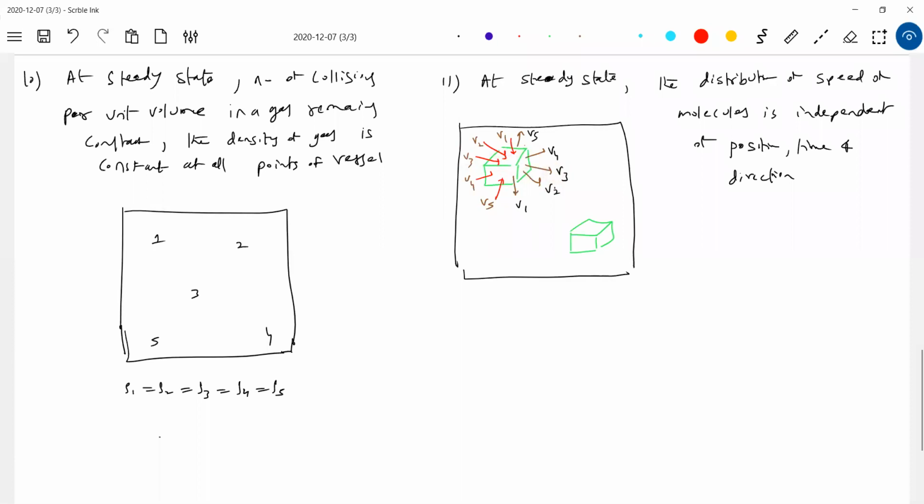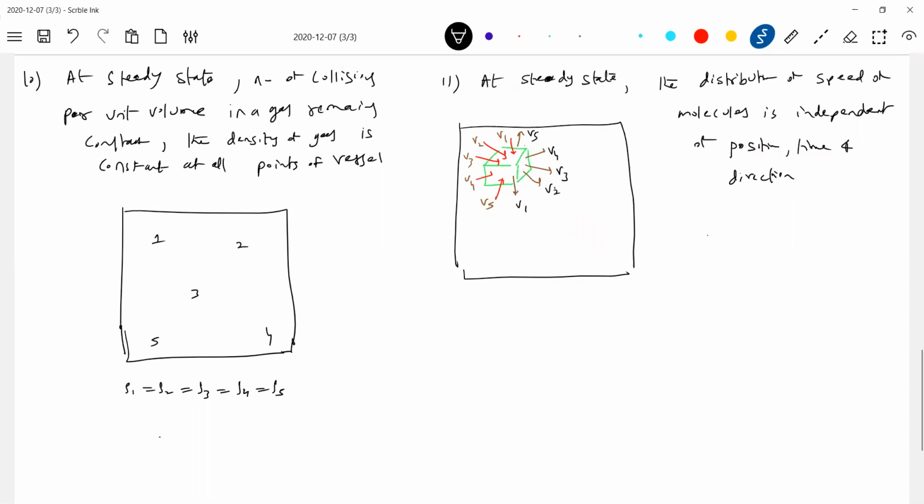So now at any instant of time, you come and see here, the molecules that are entering must have this particular velocity, and the ones leaving must also have this velocity. So therefore, there's a meaning of steady state here. Okay, this is about the time. What about position? Suppose there are,